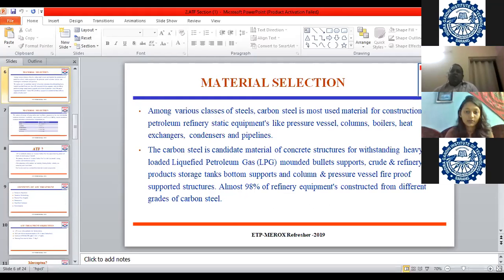So in a refinery, the main challenge is material selection. What kind of material are we using for equipment, for pipelines, for commissioning and erection purposes, lines or angles? What kind of material are we using? Because generally